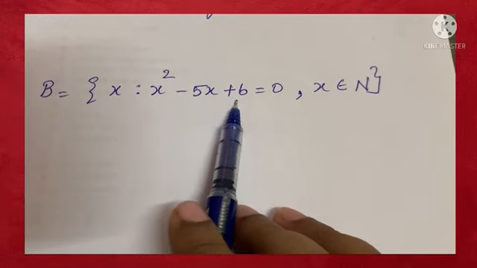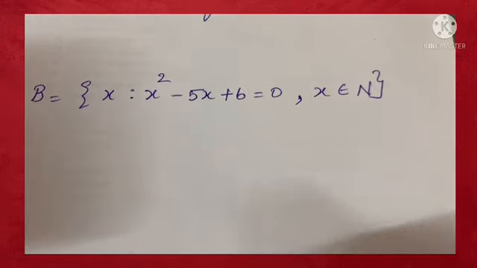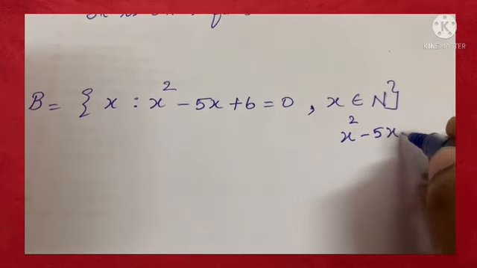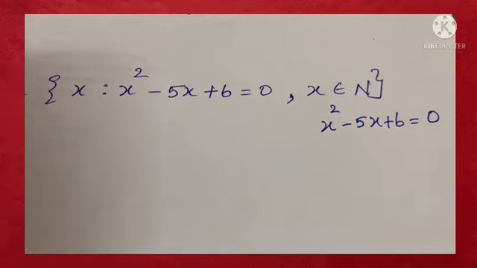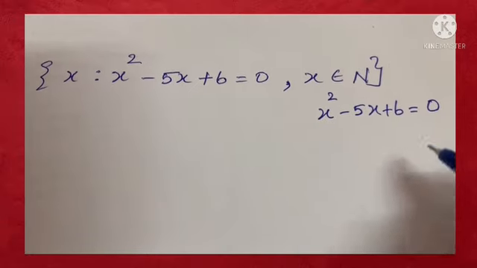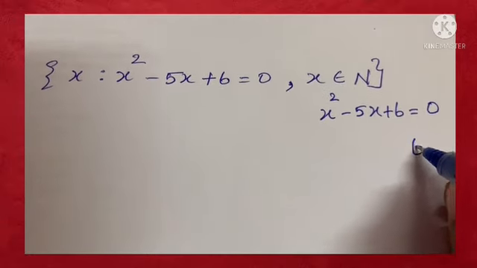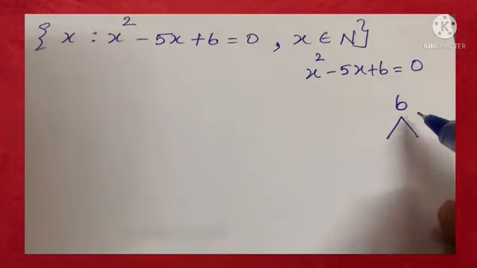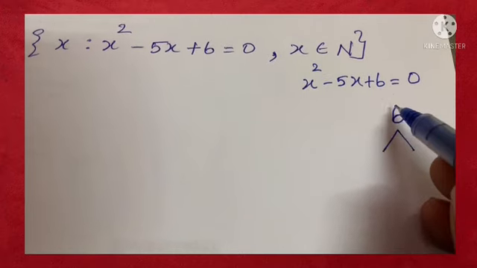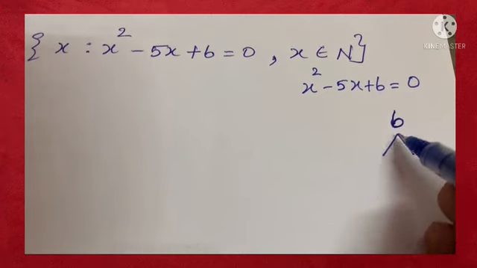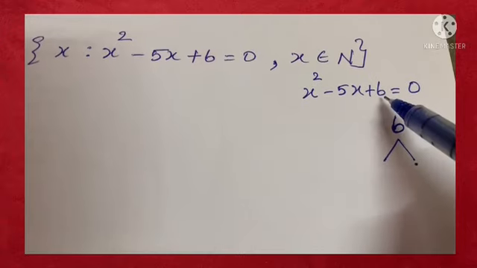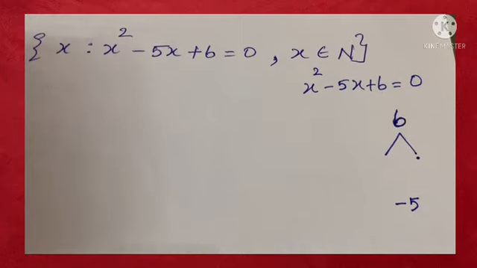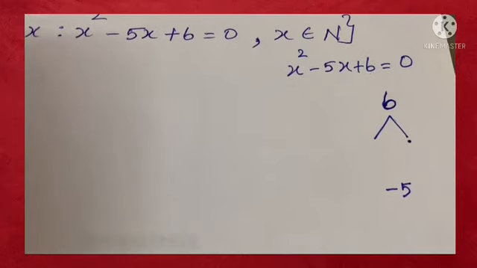Quadratic equation you have learnt in your lower class, that is in 8th. That is x square minus 5x plus 6 is equal to 0. So now the 6 you will take and divide that into two numbers. That is the tree method you have learnt, right? So finding the factors of this. So take the 6, divide into 2 numbers, so that when multiplying you should get the answer as 6. When adding or subtracting you should get the answer as 5. So which combination will give me that?